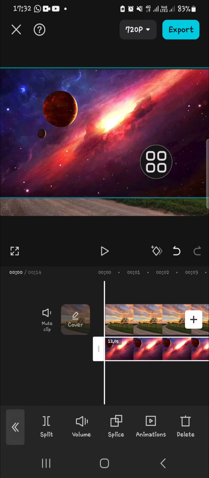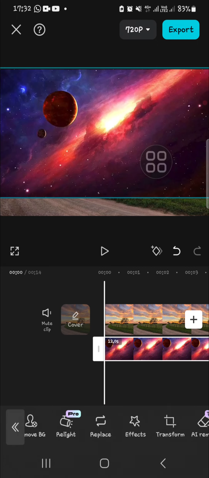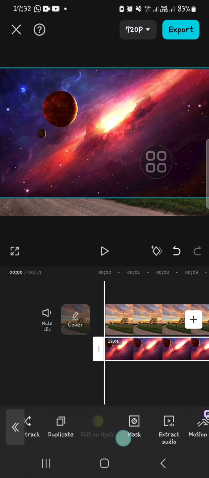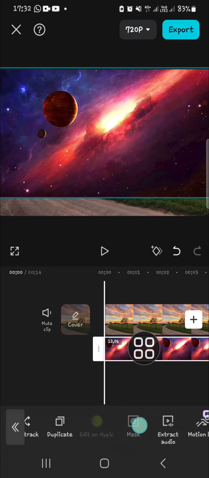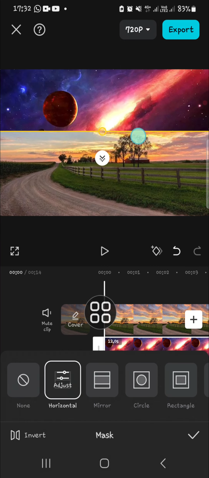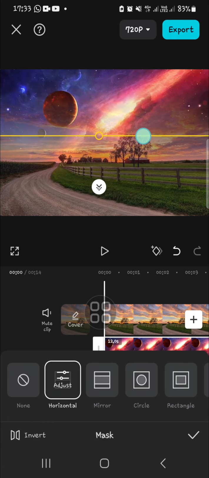We can click on the video like this, and then we're going to apply mask. Go to the mask menu. You can scroll all the way to the right until you find mask, and then you can select the horizontal mask, and then you're going to blend it like this. Okay,